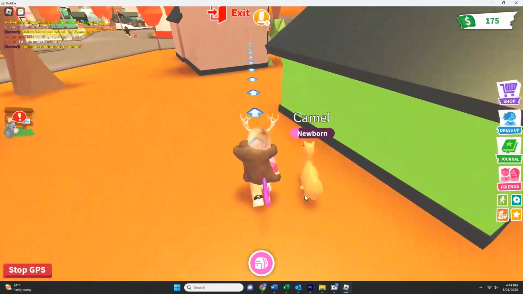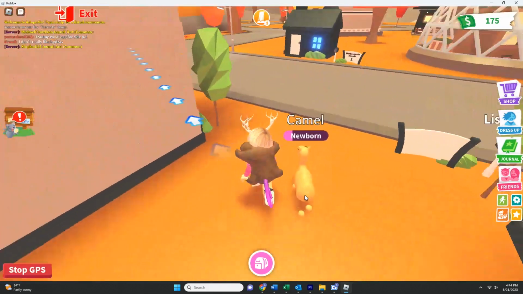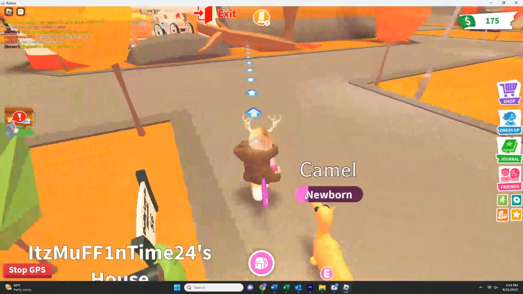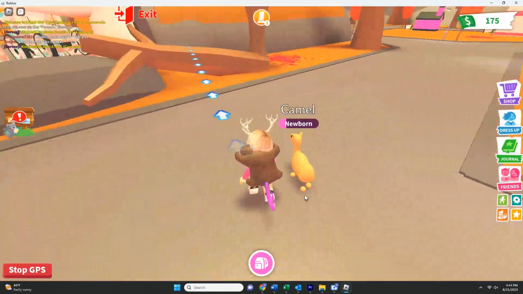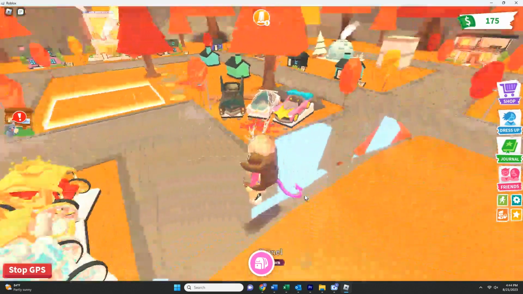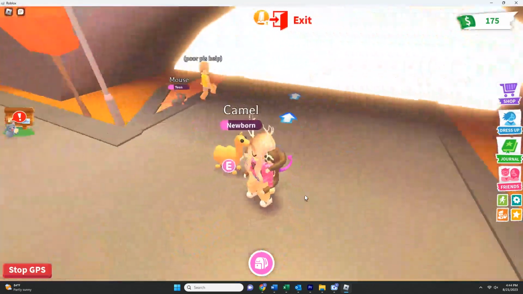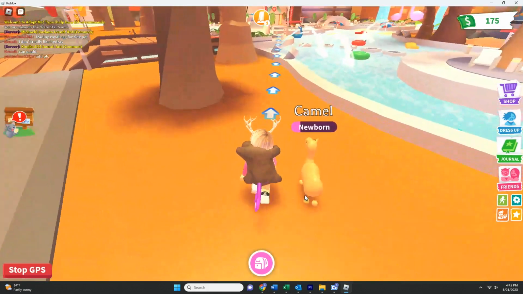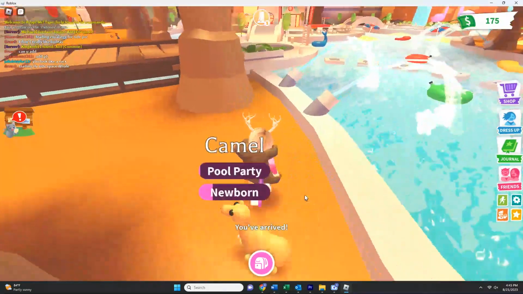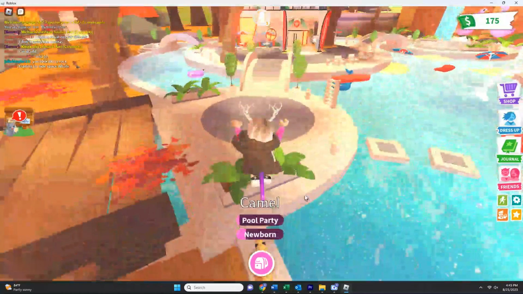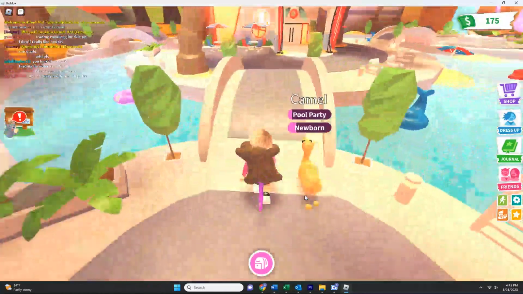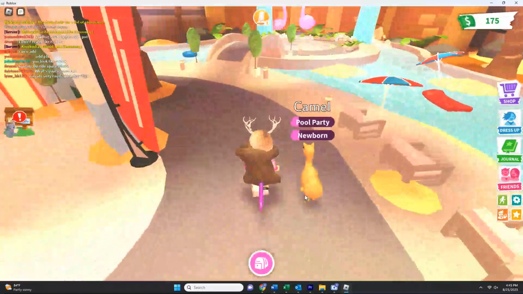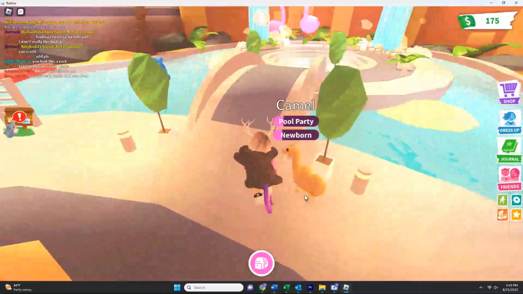And as you see, there's someone running over there. That's another player. So everybody you see walking around pretty much is another actual person playing this from their own house. So you see there's a person, and a lot of these people will have words above their avatar. In this game, it's pretty much just talking about what pet they want to trade. So I haven't seen anything negative at all.